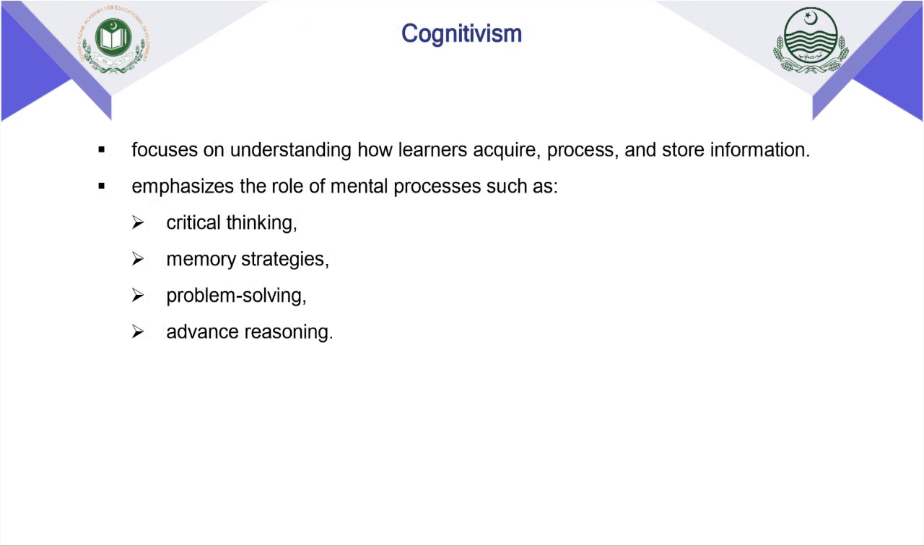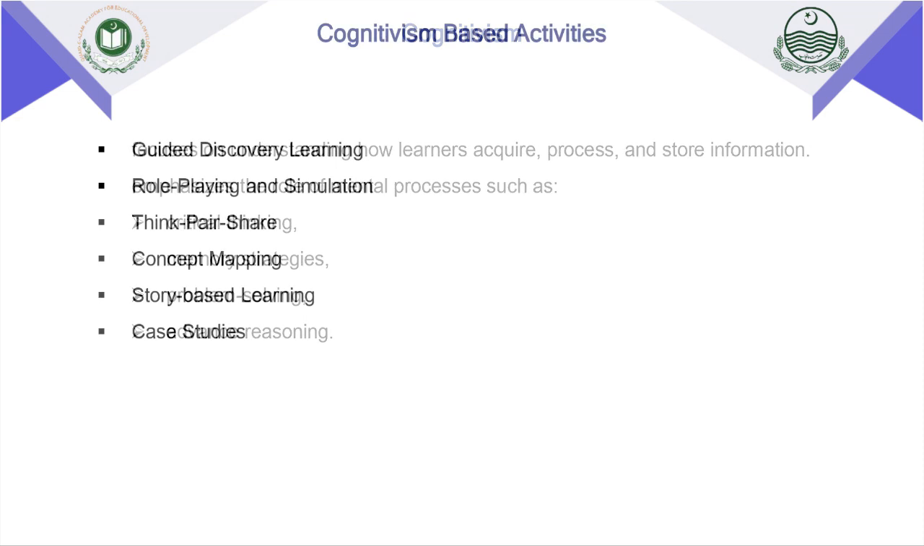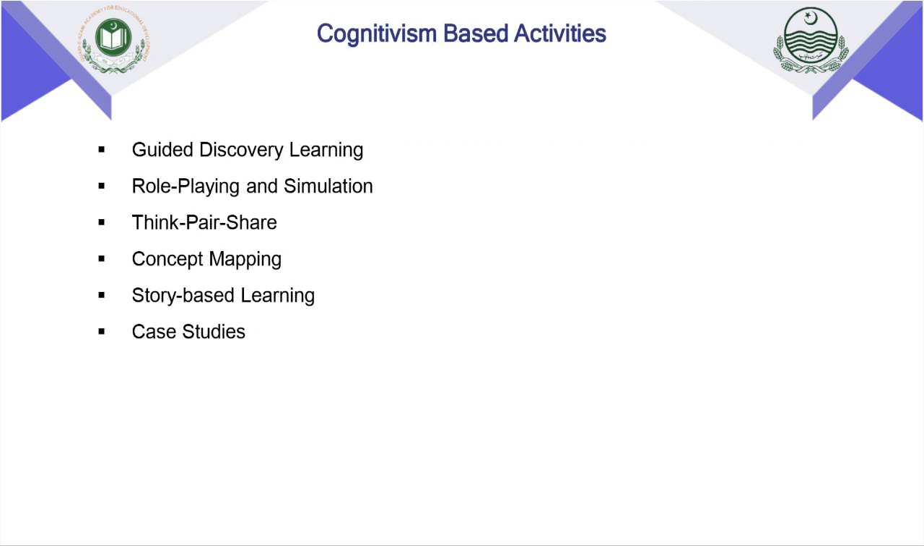Now let's discuss cognitivism. Cognitivism focuses on how students acquire, process, and store information. It emphasizes mental processes such as critical thinking, memory strategies, problem solving, advanced reasoning. This theory helps us understand how students mentally process what they learn. Here are some cognitivism-based activities that encourage deeper thinking: